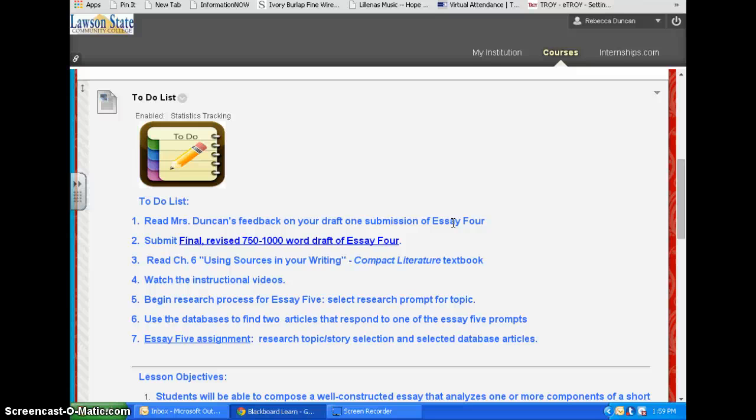Then you've got to get ready for the research. You've got to do your research, really. It's not that these are necessarily in exact order, because hopefully you're watching your instructional video now. There's a chapter to read about using sources in your writing. Literature classes use it in a particular way,